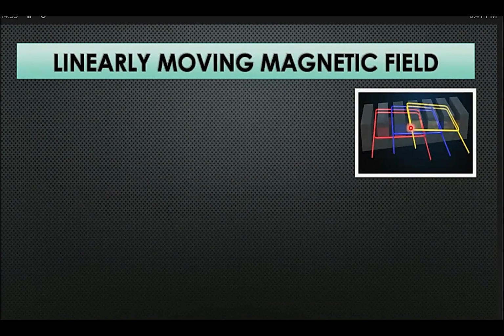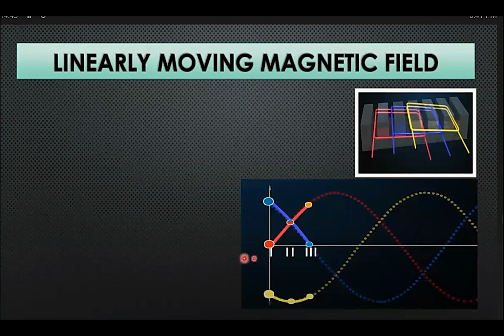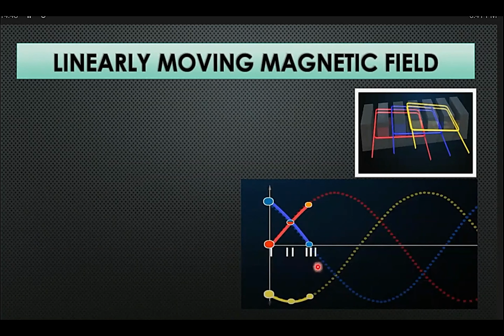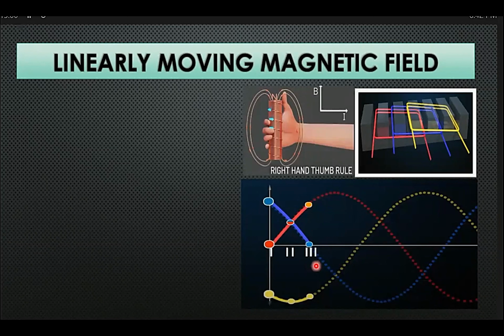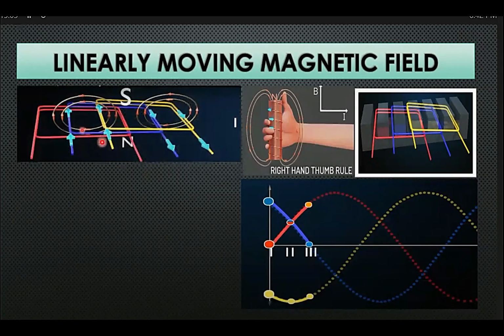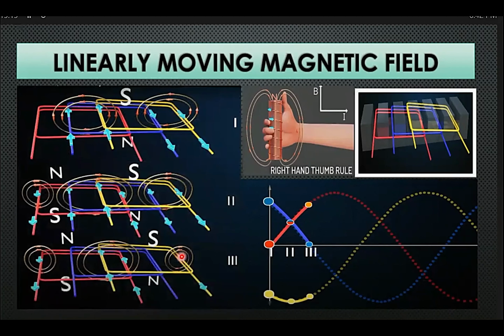Here we take a simple configuration of three coils supplying three-phase voltage. We need to find the variation of magnetic field due to the variation of current. In this plot, we take three instances. Here, based on the current direction, we can predict the field lines according to the right-hand thumb rule. Using this, we can predict the magnetic field lines at this first instant as shown in this picture. Similarly, for the second and third instances, we get this and this magnetic field.